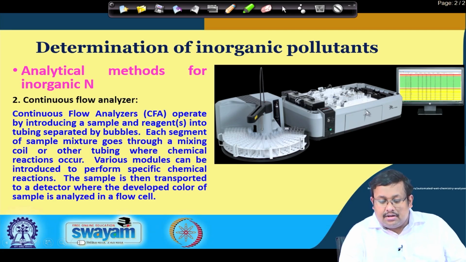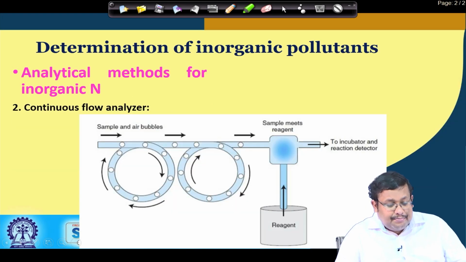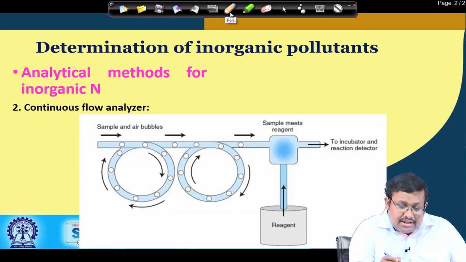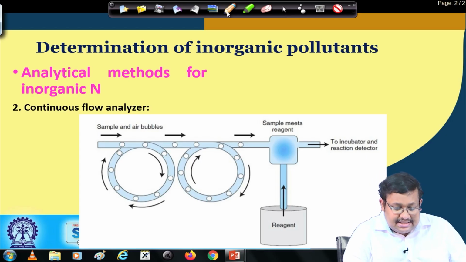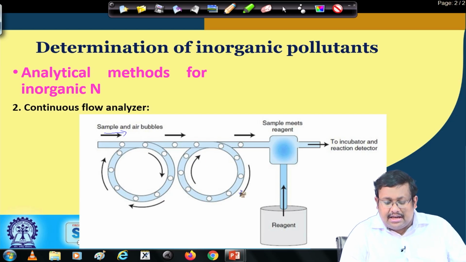You can see here, this is a continuous flow analyzer and this is an auto sampler for this continuous flow analyzer. Now, as I told you, the principle of continuous flow analyzer says that through this tubing, the sample and air bubbles are basically circulated. So, as you can see, samples are separated by these air bubbles. The samples are moving through these tubings, and the reagent is also pumped in this tubing at certain points of the tubing. So, here at this point there is a mixing between the sample and the reagent,